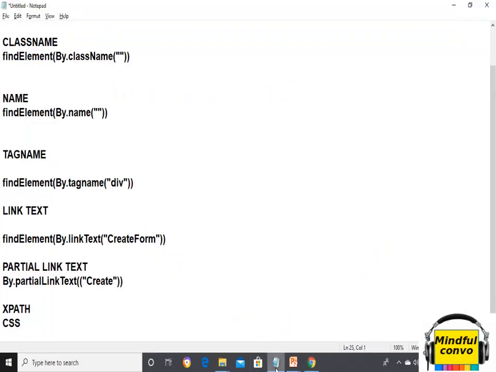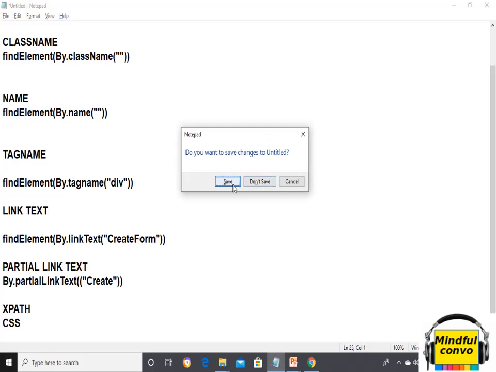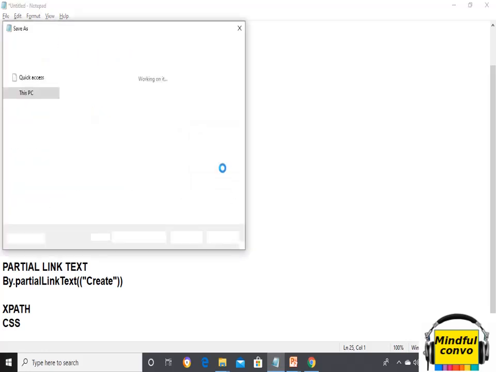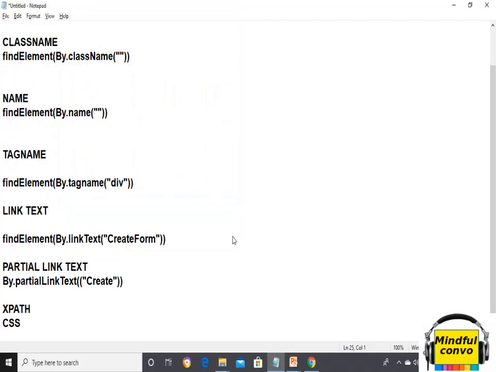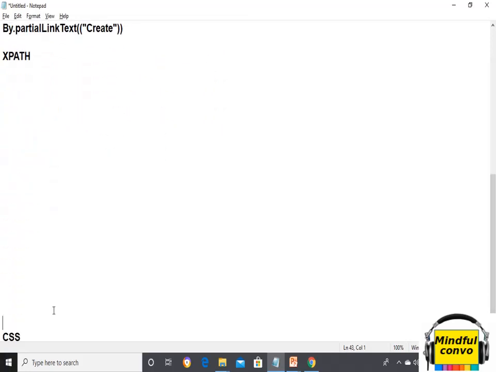So we will take another notepad. Okay, let's start. Yes. So we have various XPath syntax. First we can find XPath with the single slash.